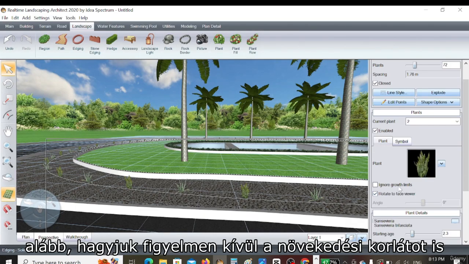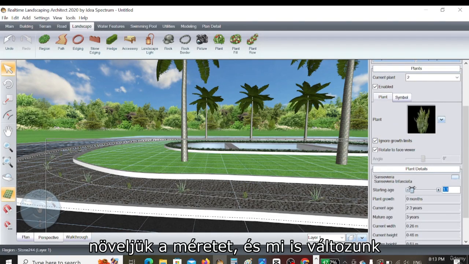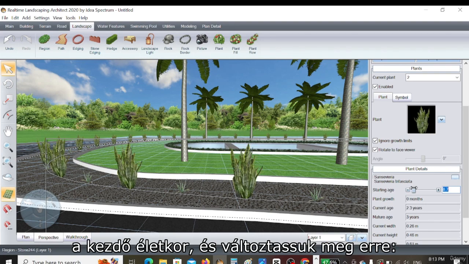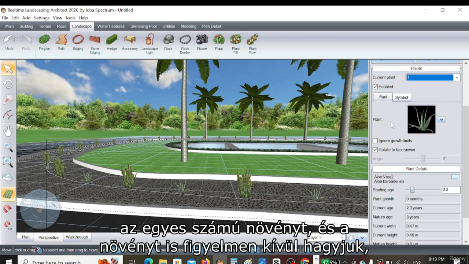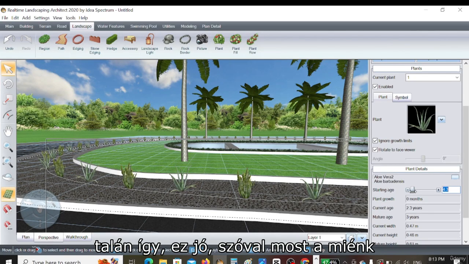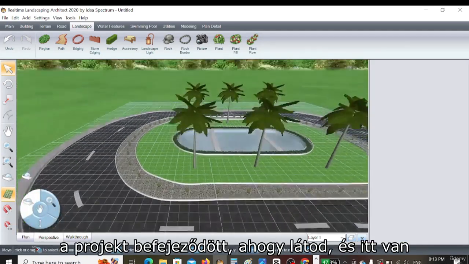Also, let's ignore the growth limit to increase the size, and we will change the starting age, and let's change it to plant number 1, and also ignore the plant, maybe like this. That's good. So now our project is completed,